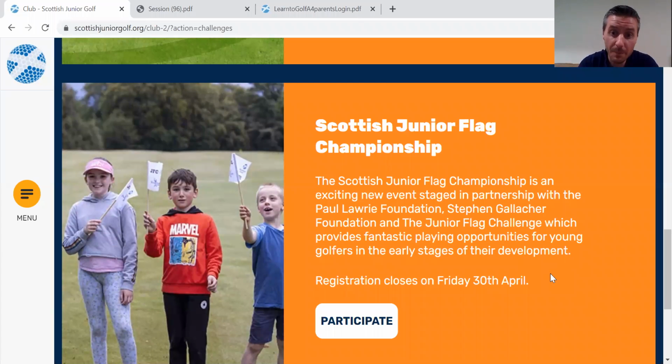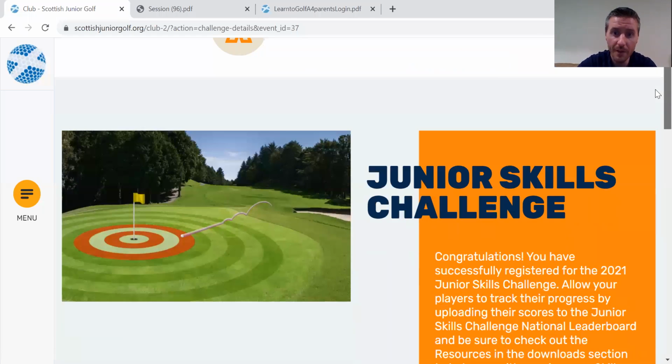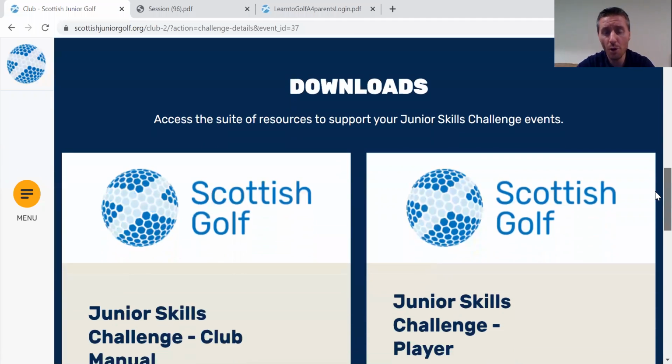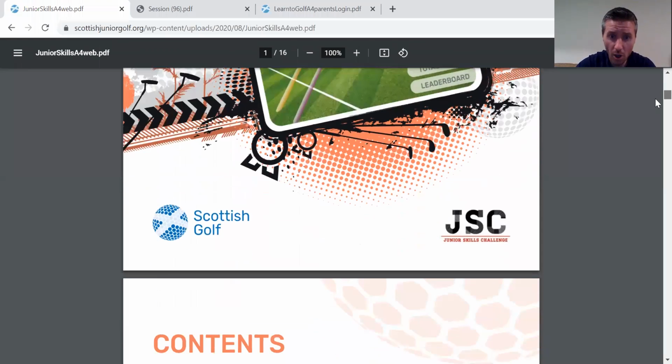Once your registration has been approved, we'll then give you a notification through an email, and your club account will also be updated. So you can come back here and you'll see your button has now changed from participate to details. And once you tap on that, you then open up the different resources that will be available to you to support you with delivering that event, in addition to the competition pack we sent out. So lots of resources here, scorecards, score sheets. We've also got the club manual as well, which gives you some information on the event, how to set up,